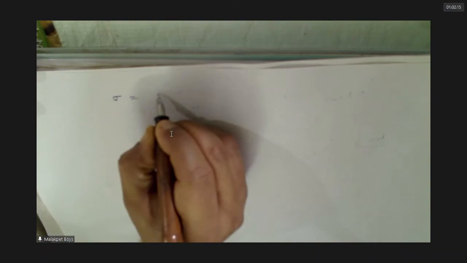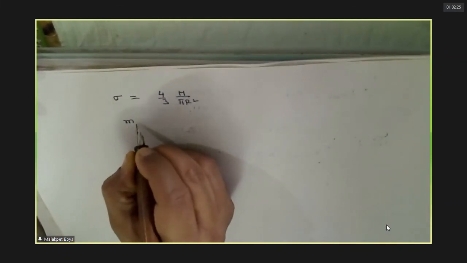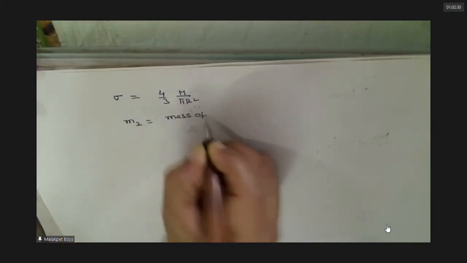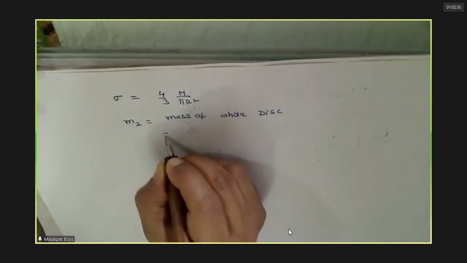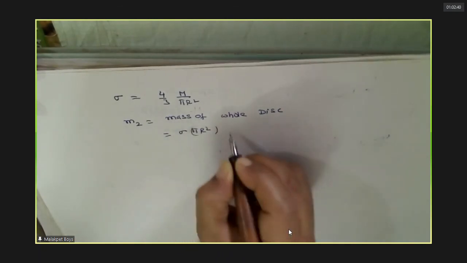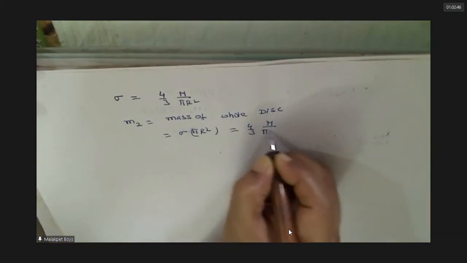Okay, anyhow, what is that sigma you got? You tell. You just briefly complete this. So, sigma is 4M by 3 pi R square. We agree with this. Agreed, sir. First, to avoid confusion, I'll find this. Mass of whole disk is how much? Sigma into pi R square. So this sigma is 4 by 3 M by pi R square.